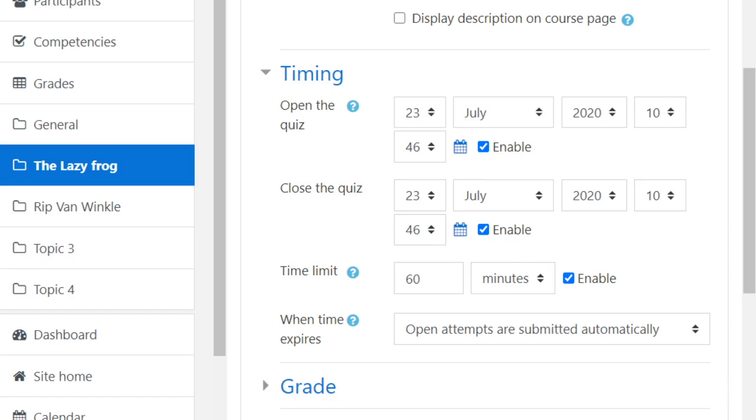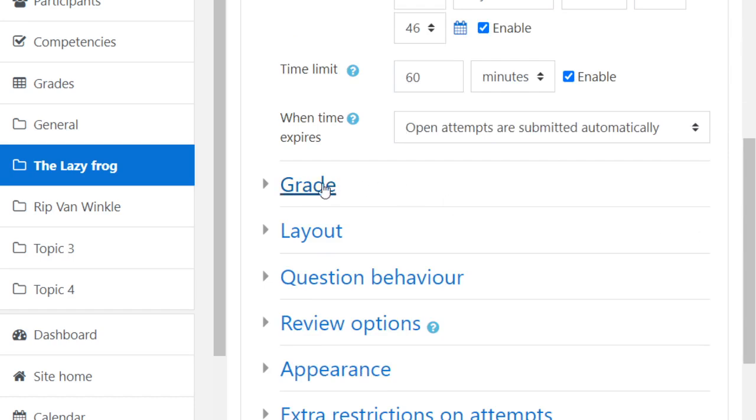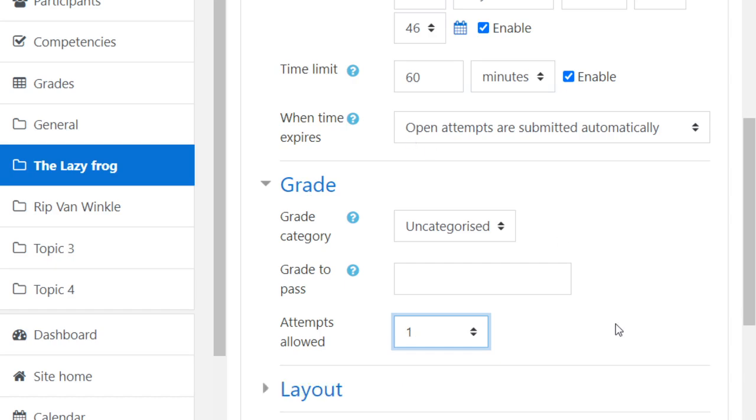Then after that you can click on grade. The next option is there. Now here in the grade option, what is important is this option, attempts allowed. Okay, so how many attempts you want the children to have. I think you are giving only one attempt, because if they attempt many times it will be difficult for us to assess it. So only one attempt is allowed for them. This is important. After that there is no need to change anything.